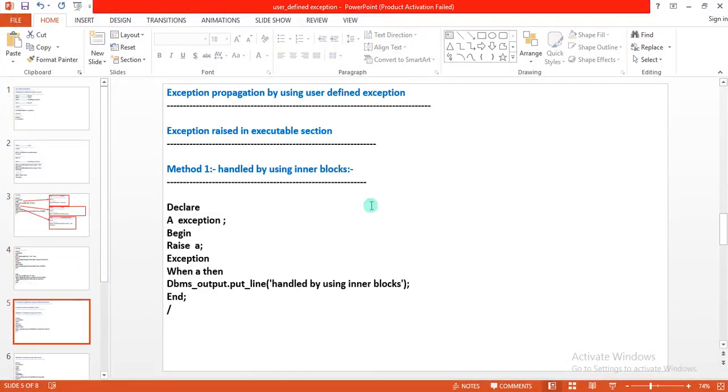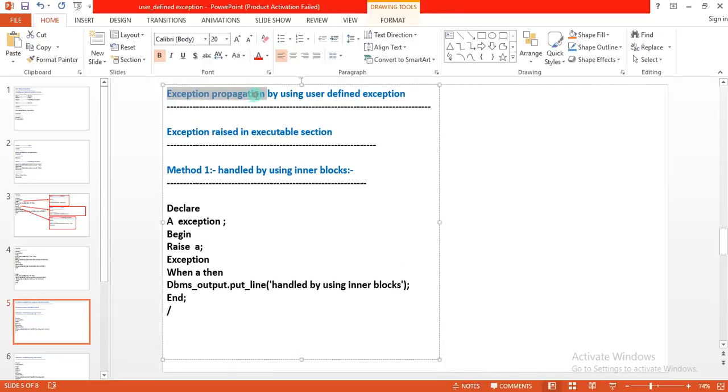Okay, now see here, exception propagation by using user defined exceptions. How we can use exception propagation in user defined exceptions, we will learn in this session. So now, the exception raised on the executable section. From this onwards, this is called the executable section. This part is called the declare section. This part is called the exception section